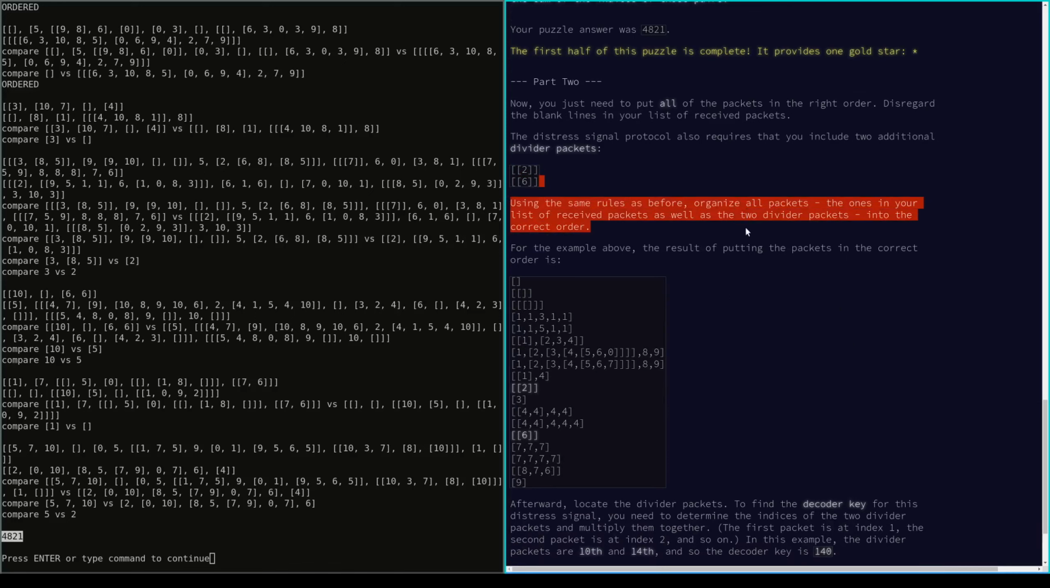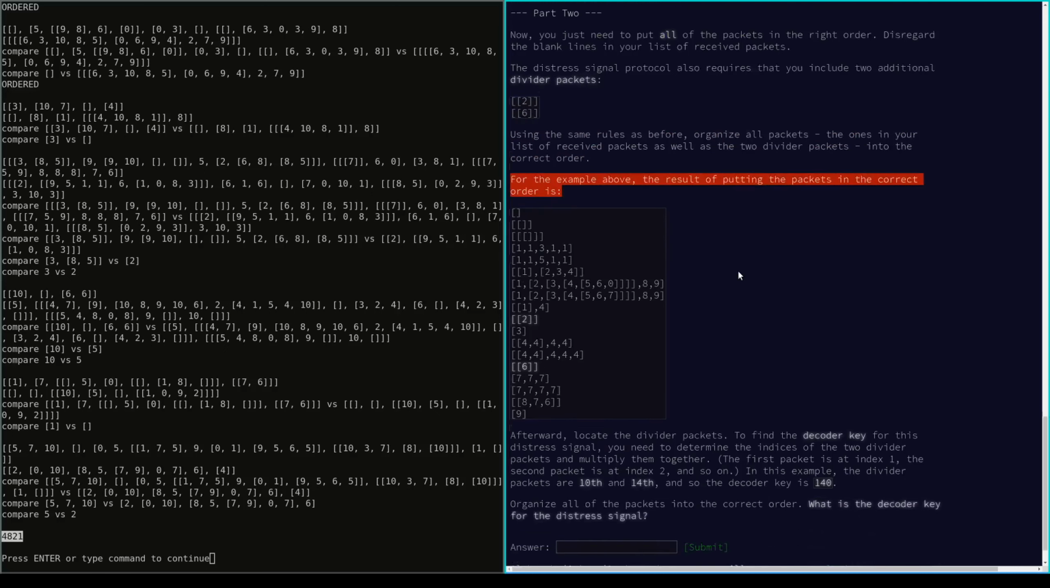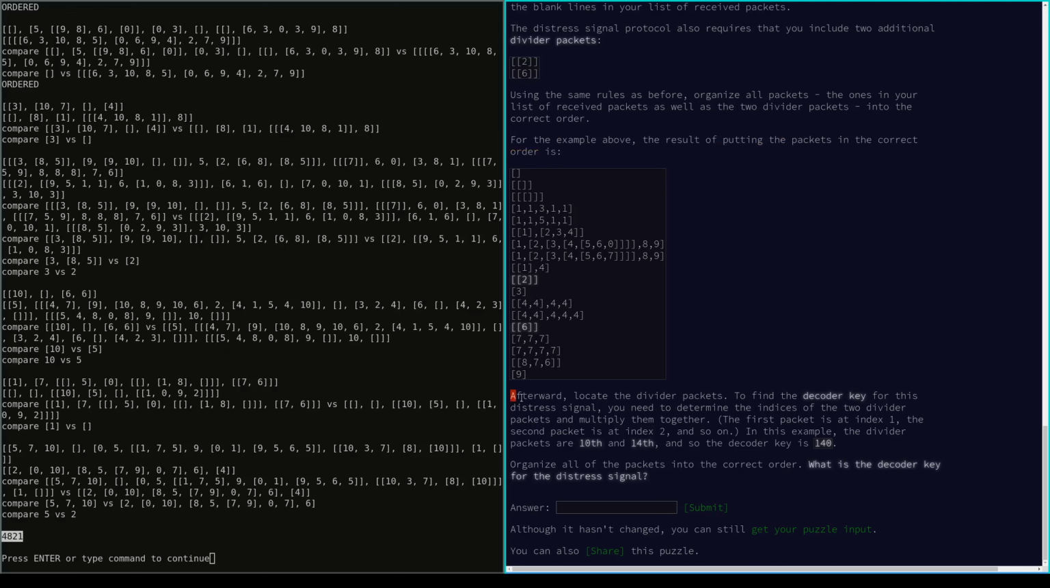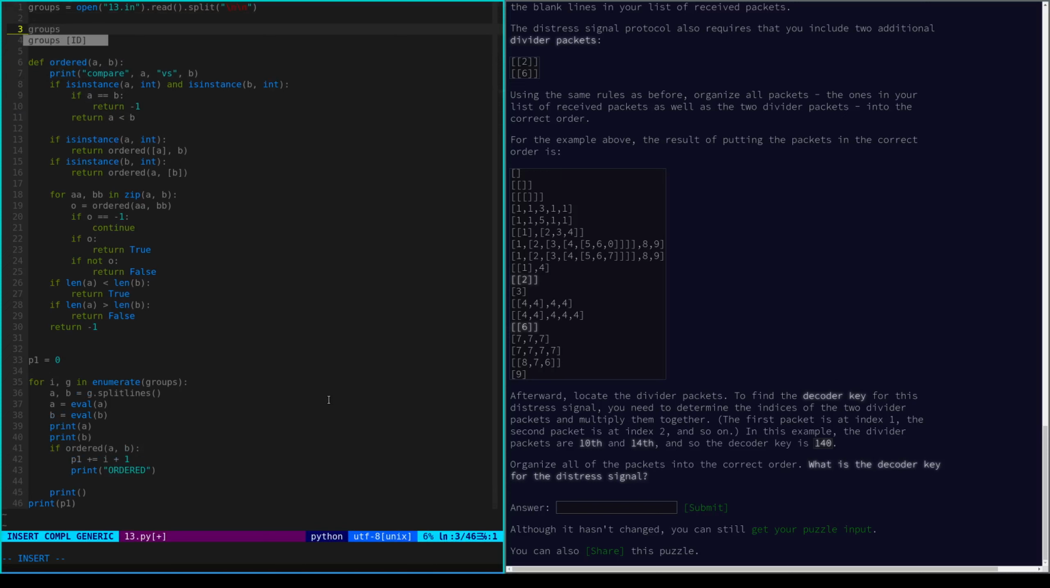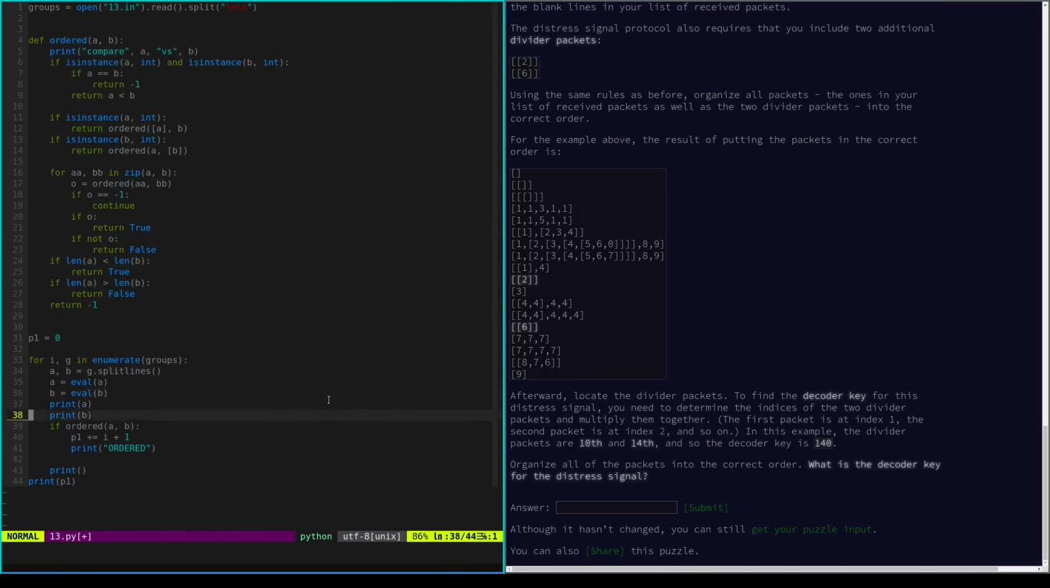Using the same rules as before, organize all packets, the ones in your list of received packets as well as the 2 divider packets, into the correct order. Afterwards, locate the divider packets to find the decoder key. Okay, we need to multiply the index of these two. So what we need to do here is